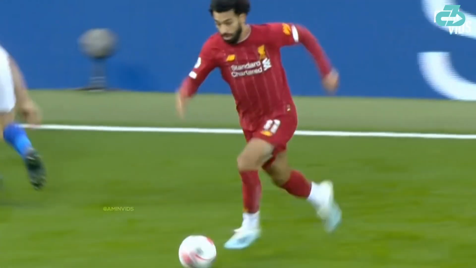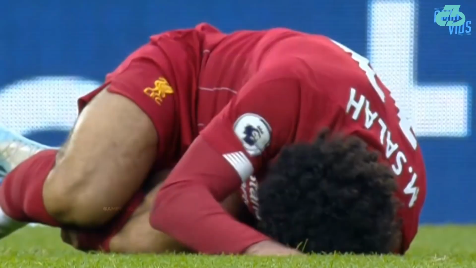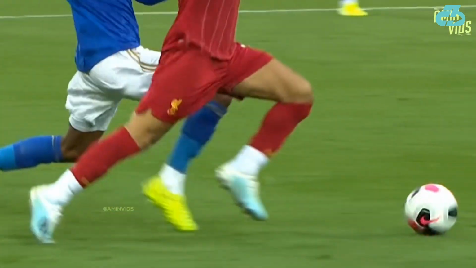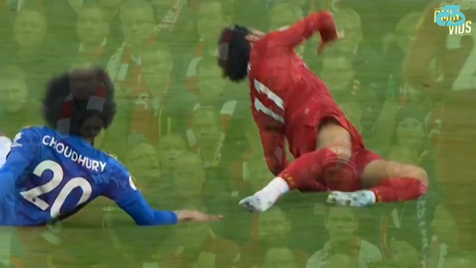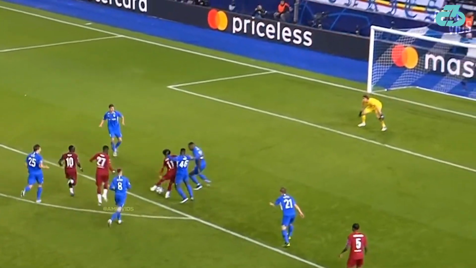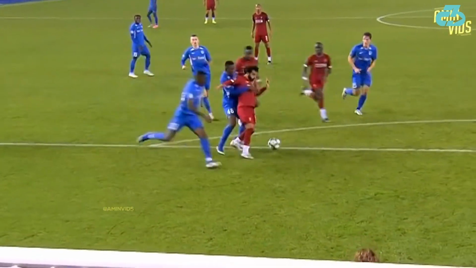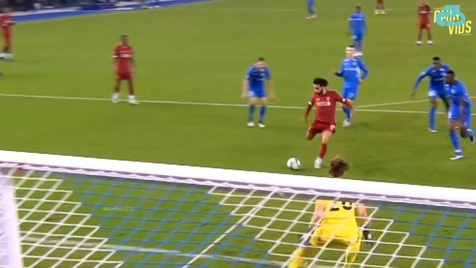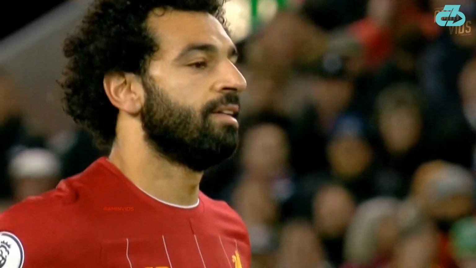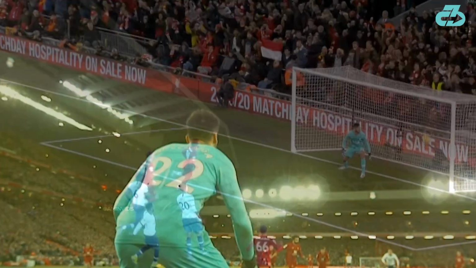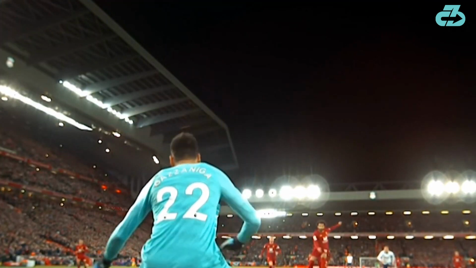Liverpool dynamo Mohamed Salah suffered a left ankle eversion sprain on October 5th from a rash challenge during Liverpool's match versus Leicester City. He returned 18 days later for a full 90 minutes against Genk in the Champions League, netting the team's fourth goal in the 87th minute, and played over the weekend versus Tottenham, again putting the ball in the back of the net, this time a penalty kick in the 75th minute.